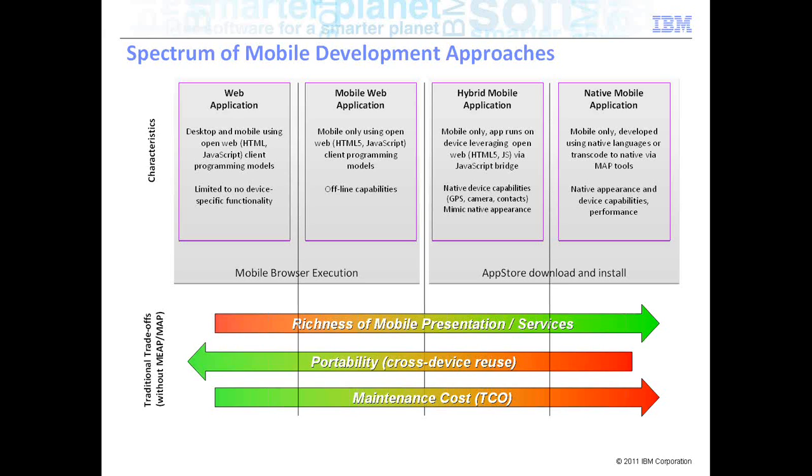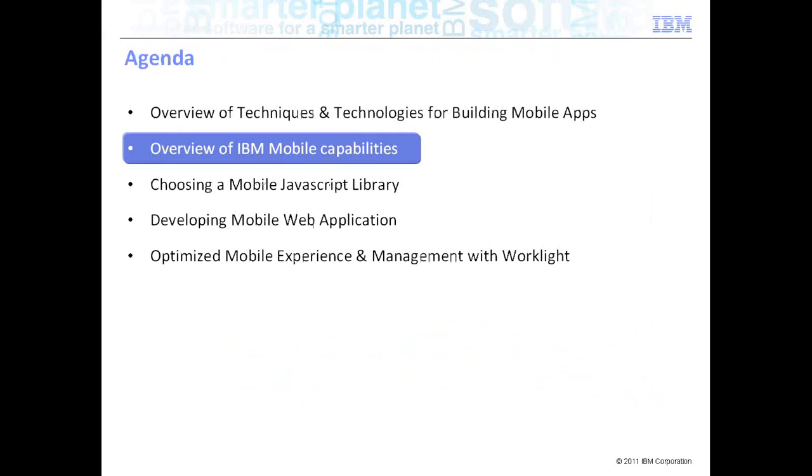So such richness is available as we move from a pure web app to a native app or a hybrid app. So that's how the spectrum of development exists today. Moving forward,